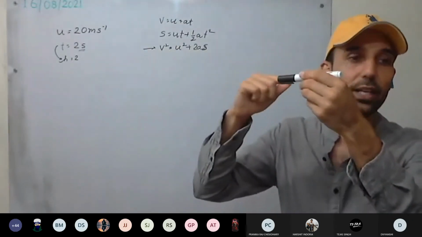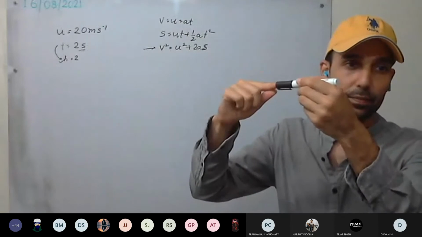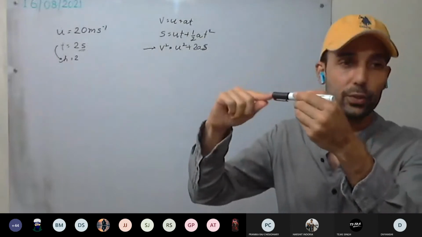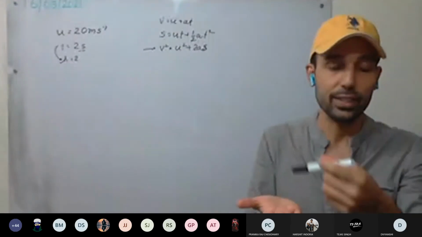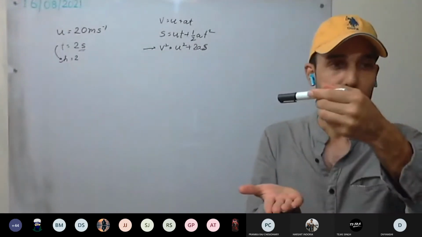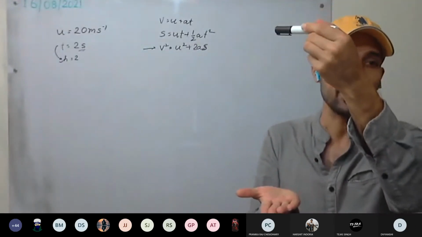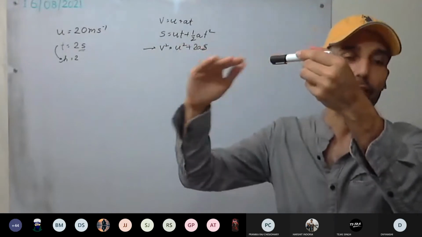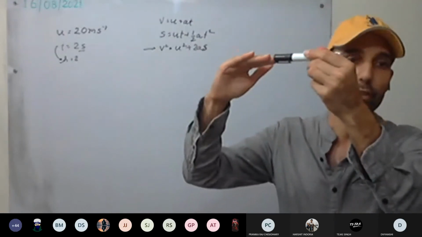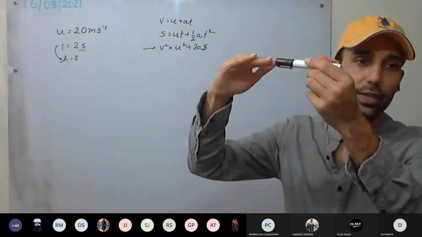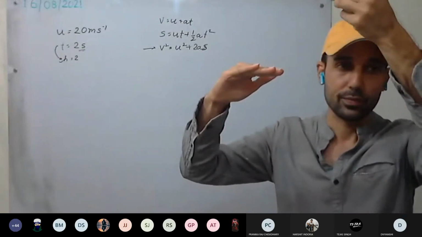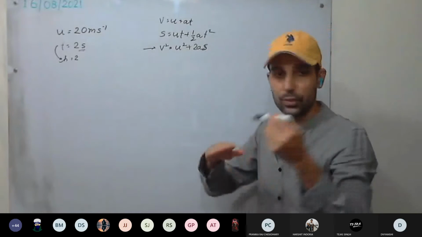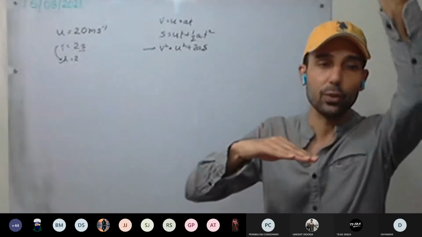We do not know the velocity at 2 seconds. If you consider that, it would be right to say the final velocity. It is like this: after 1 second, after 2 seconds, what is the height? We do not know the velocity at 2 seconds, so we consider that as the final velocity. It may go up as well. We do not know whether after 2 seconds it will go up or not.